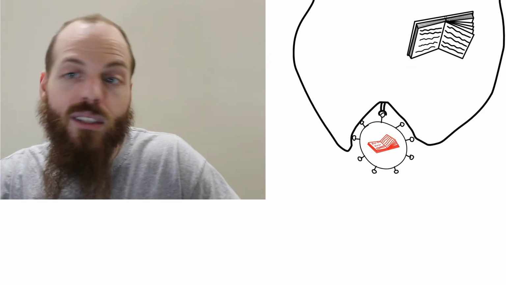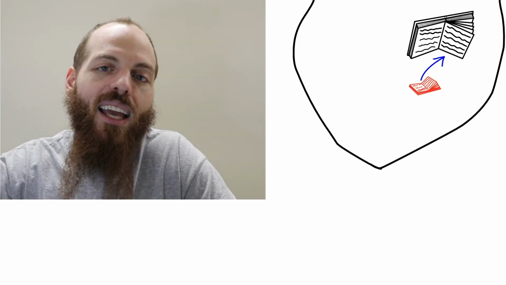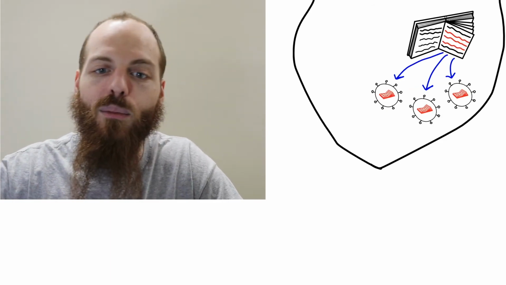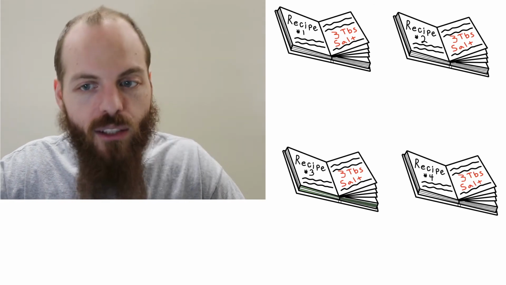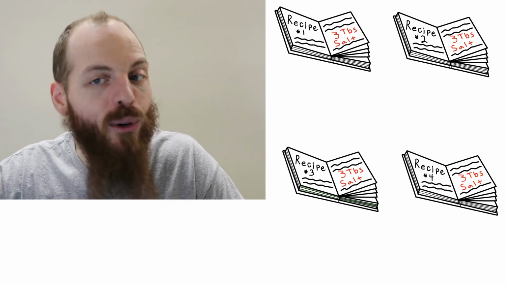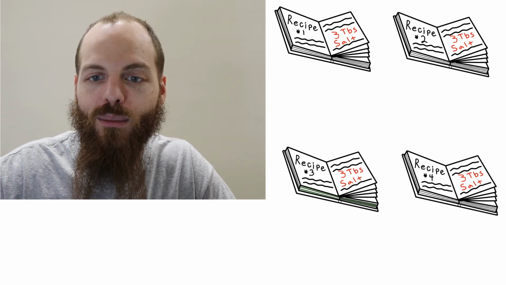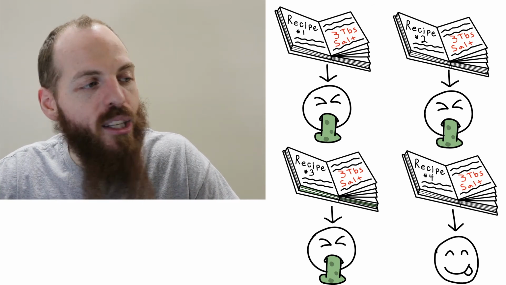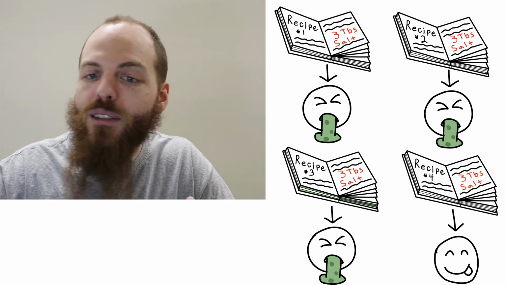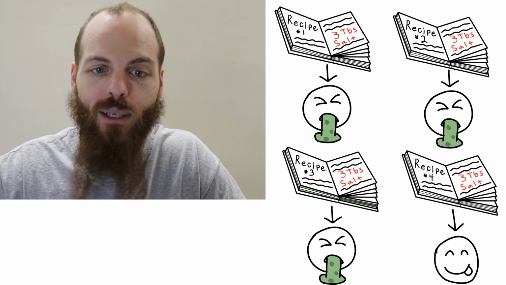But every once in a while, it actually does something good. You can think of it like adding a single line or a single item to a recipe, like, say, 3 tablespoons of salt. It's a good bit of salt. Probably ruin a lot of foods, like how adding a virus to our genome usually will cause bad things to happen. But you can imagine every once in a while, there's a recipe that would be a whole lot better with 3 tablespoons of salt added to it.